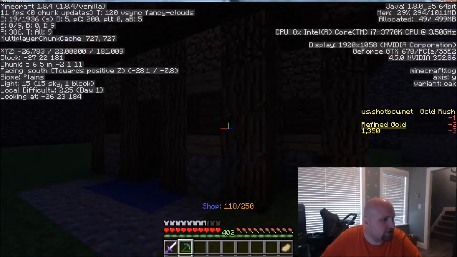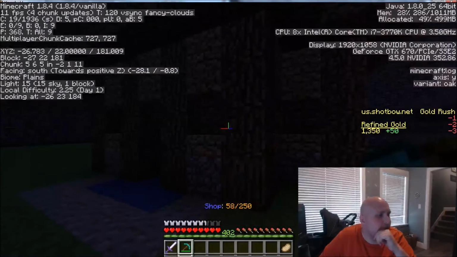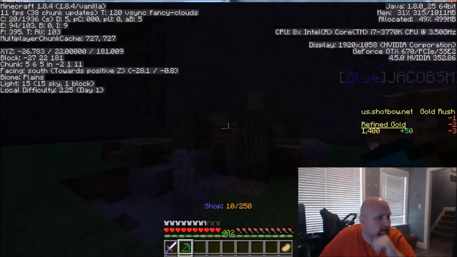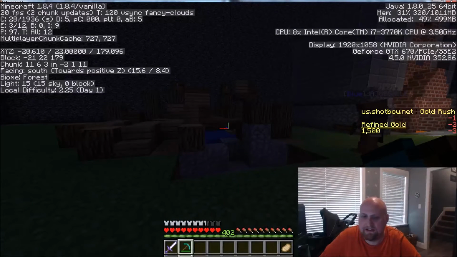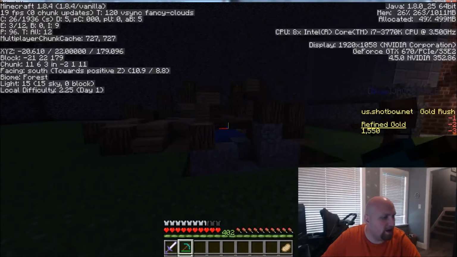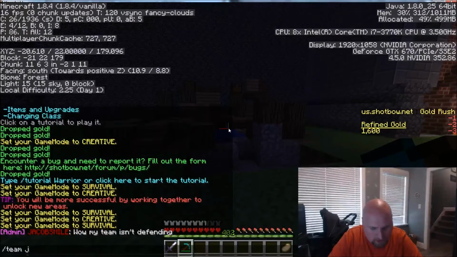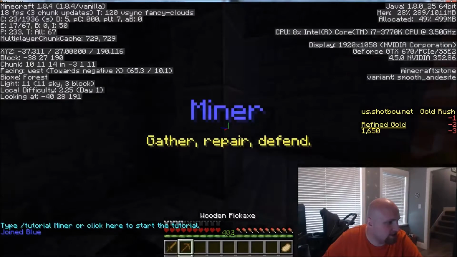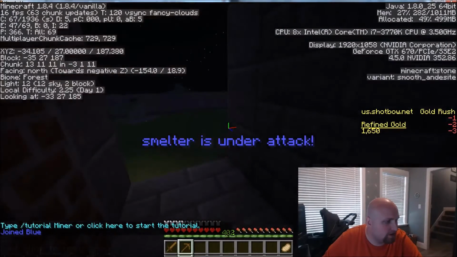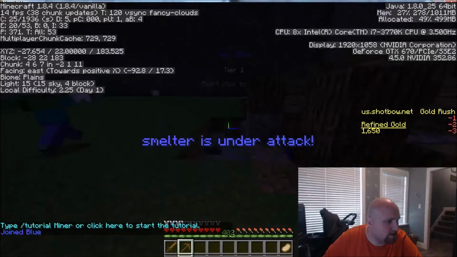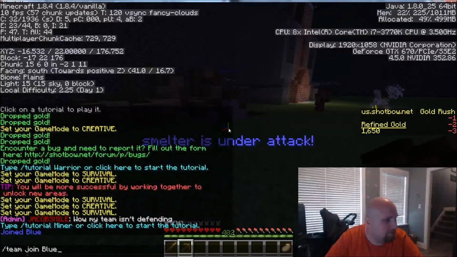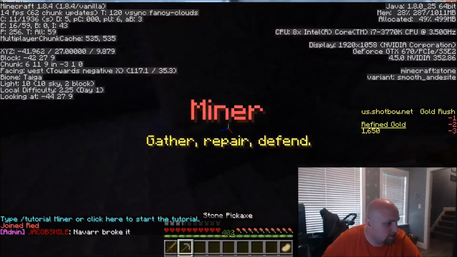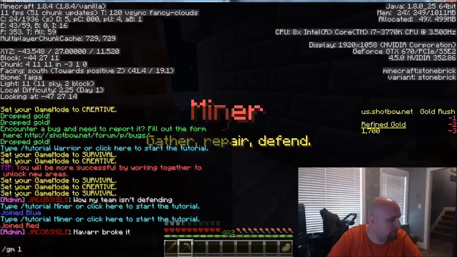So, I should show this actually. What'll happen is when the enemy shows up, they can destroy any of these buildings. Boom, there it goes. Building is destroyed. Boom. And actually, if I do this, I'll go team join blue. I can actually see, oops, I forgot that I would spawn over here. But I can actually see over here it says, oh no! It didn't do it with the item shop. Bug! But normally it would say right click as a miner to repair, but I'll stay on red team real quick. Yeah, Navarre broke it. Blame Navarre.